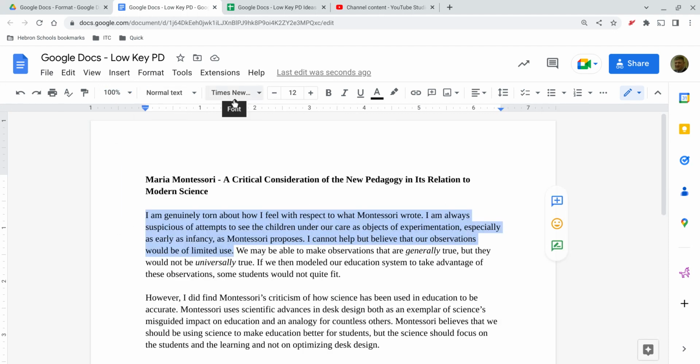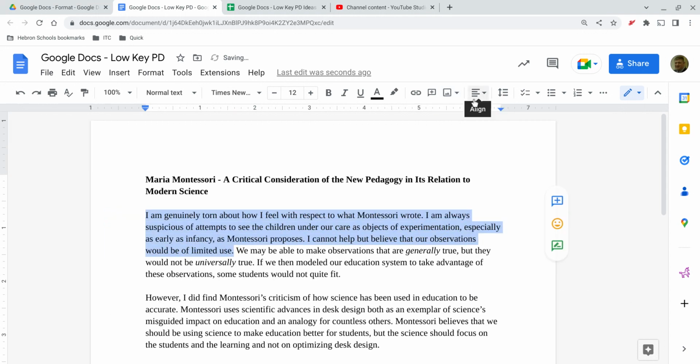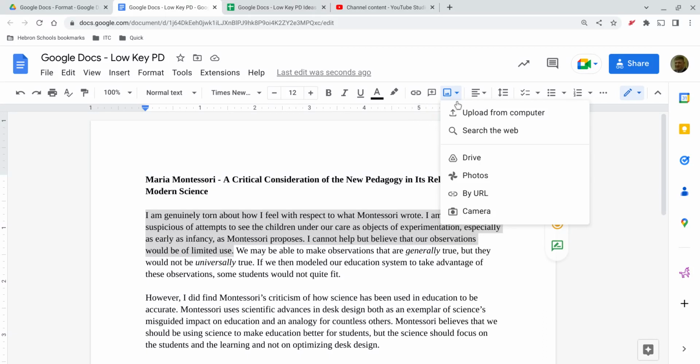Text styles, font size, bold, italics, underline, font color, font highlighting, insert a link, insert a comment, insert images, align left, or if I click on that, center, right, or justified with images. If I click on that, I have the different options for inserting images, line spacing, checklist, bulleted list,